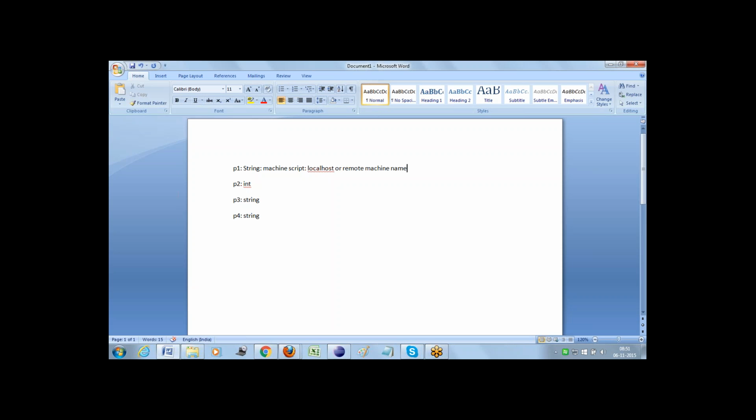Then we need to specify the remote machine name here, whatever remote machine we are working on. That's the first parameter. In 99% of cases, this parameter value is localhost itself. That's fine. The other parameter is the port, P2, which is an integer type, wherein we need